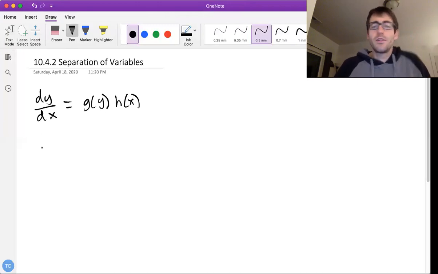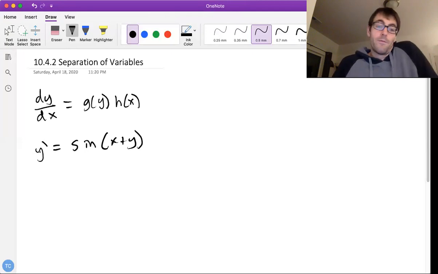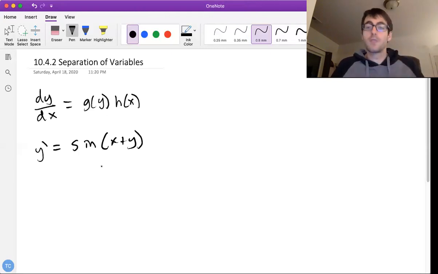So some situations where we can't use something like this: if our differential equation, and I'm going to switch from dy dx notation to y prime notation just to get in the habit of switching back and forth between them, but if we have something like y prime equals sine of x plus y, so this is a perfectly valid differential equation, and we can solve it using something like Euler's method or slope fields or some techniques we'll learn in the future. But